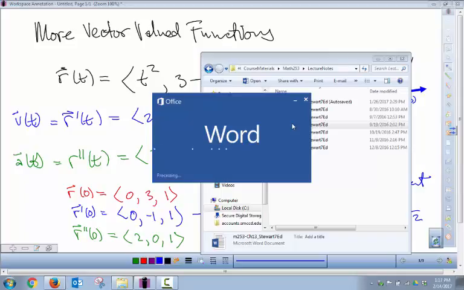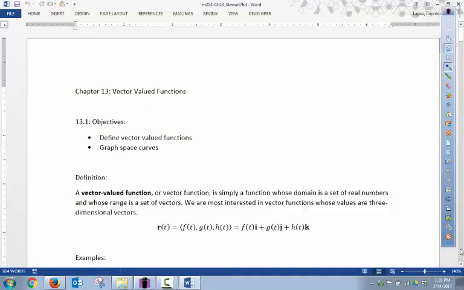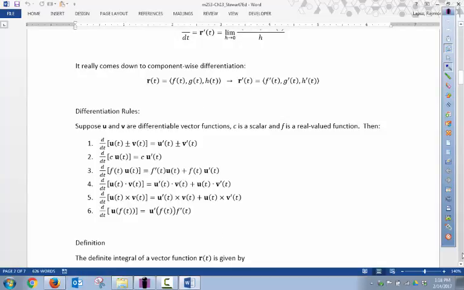So just like when we talked about the dot product and the cross product, there was a bunch of properties. So there's a bunch of properties for this as well. We have a set of rules here